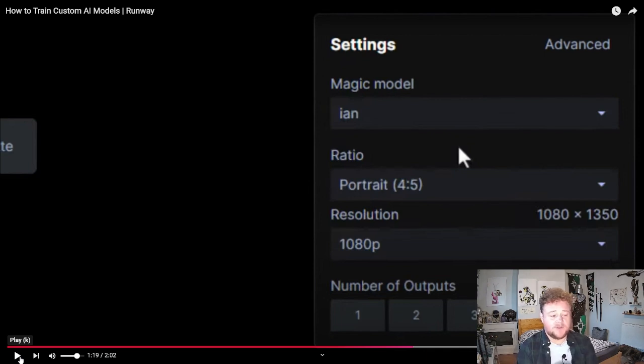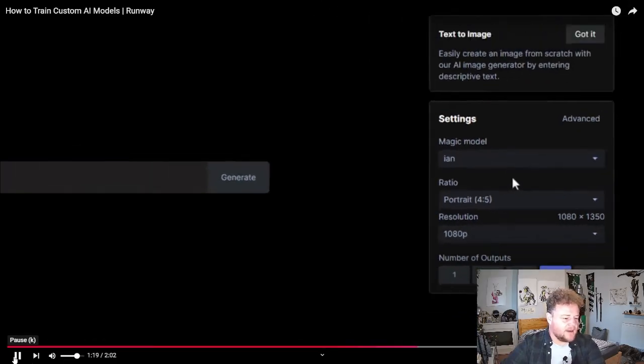So for example, if you were working with us and you wanted to have the same character going through an AI setting with a similar style, what we would do is train two different models on the character and the style, so that you'd get a more consistent flow throughout your project. There's still going to be some things that can change, but that's more or less how it's done.